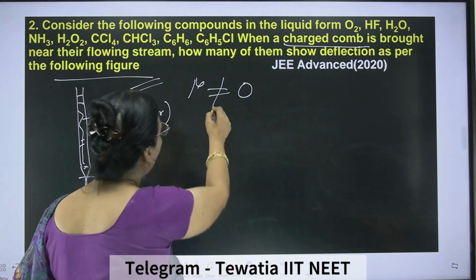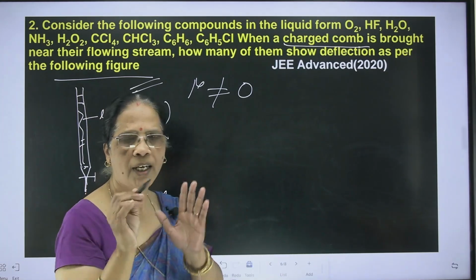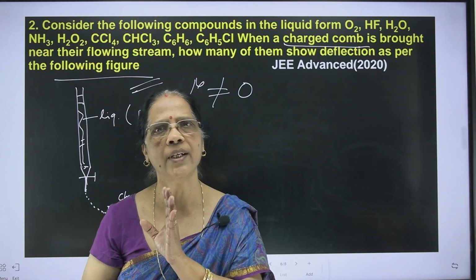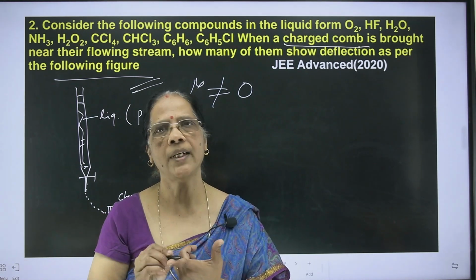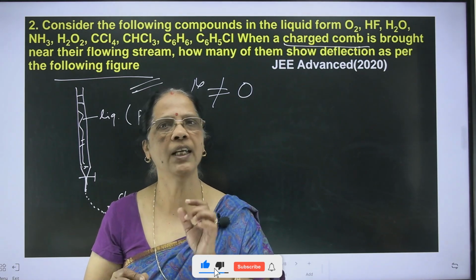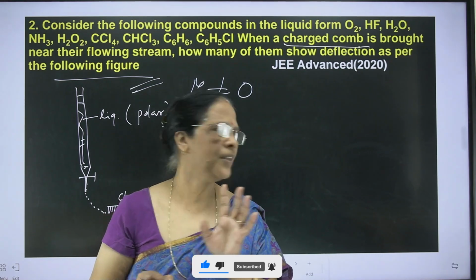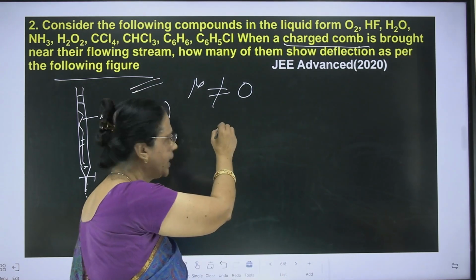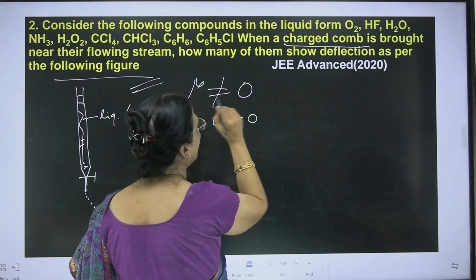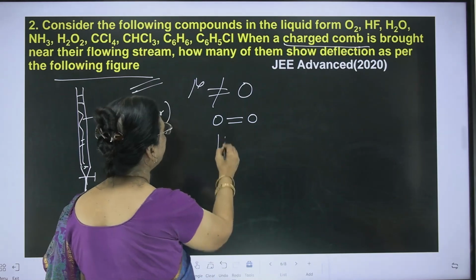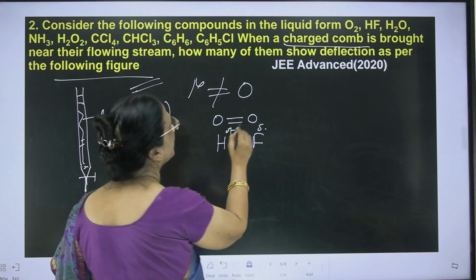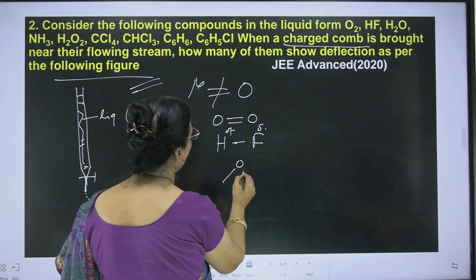Now dipole moment, as we have seen, depends upon the electronegativity. Another thing is, dipole moment is a vector quantity. The vector quantity means the vector sum of all the dipole moments in a molecule. If it is 0, then you cannot say that it is a polar compound. Clear? So here you see oxygen has this structure, HF, okay, delta negative, delta positive. Clear? Water, it is bent.